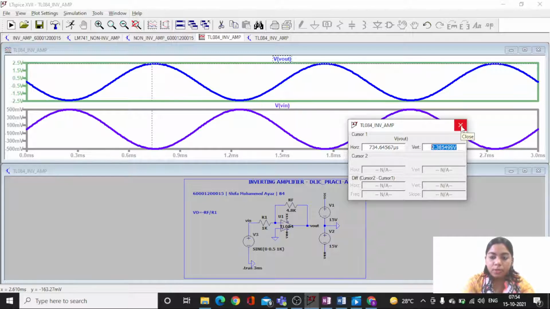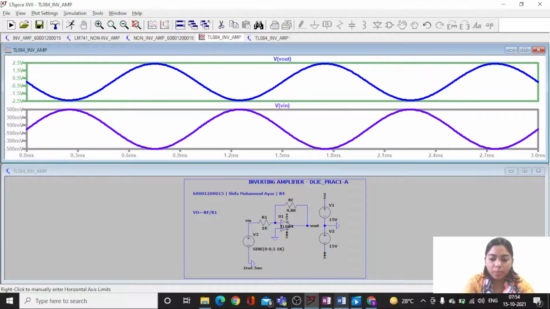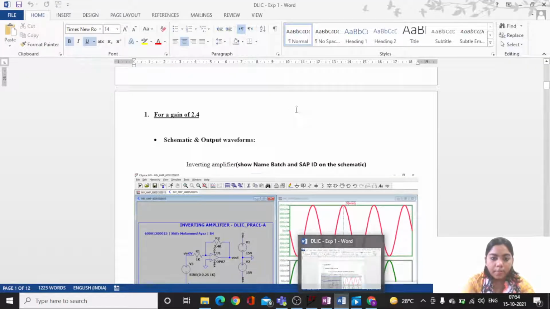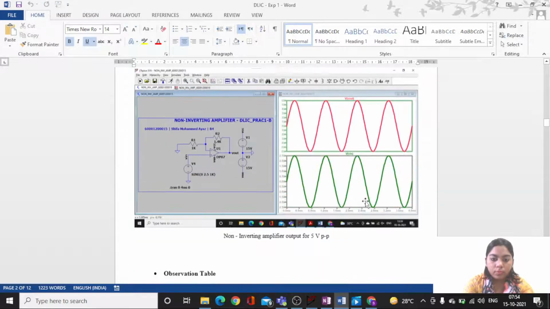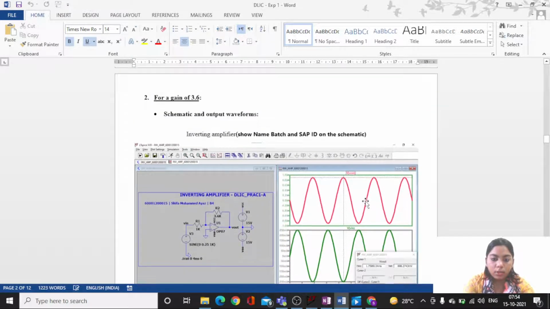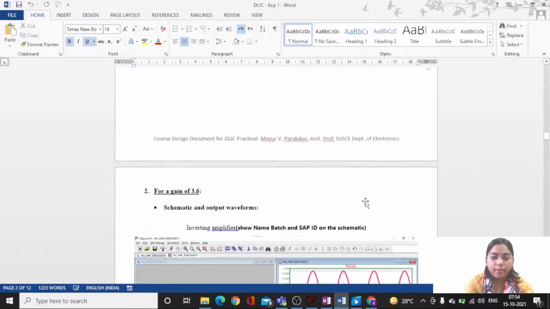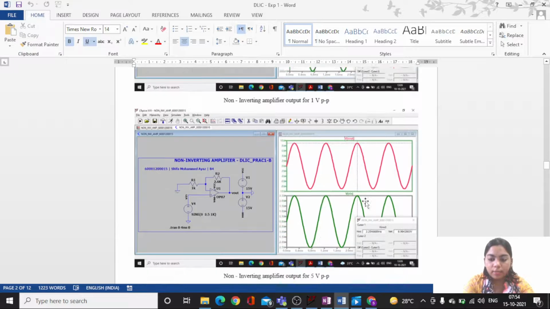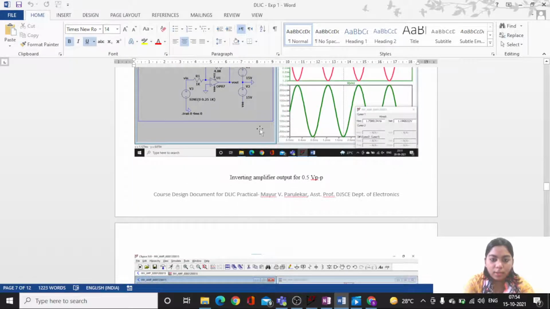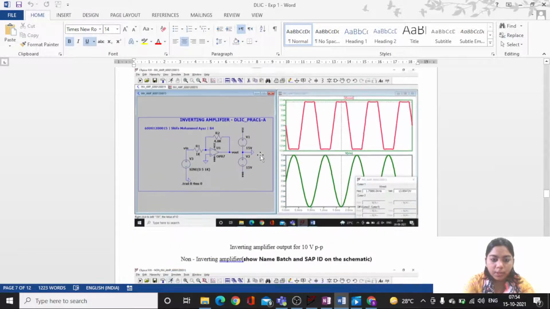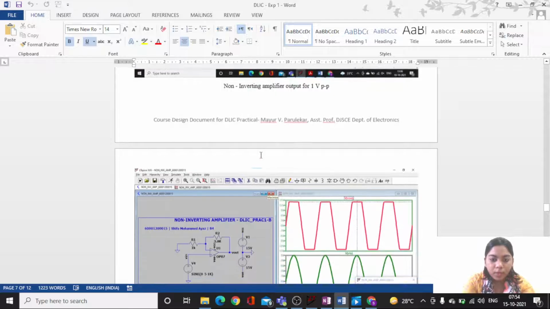So I'll show you the theoretical and practical values which I observed during my practical. I have considered OP07 in my practicals, so that is why I have put the OP07 over here.